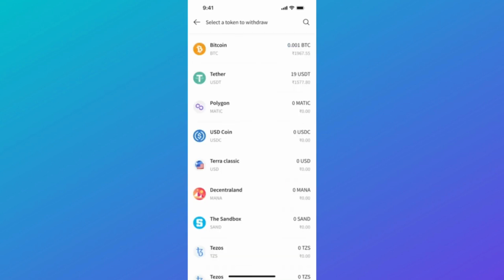Now over here you got to select the network. For example, in our case we're doing Solana, so you got to search for the Solana token, and then you got to select the amount you wish to withdraw to Phantom Wallet. And with that, you also got to paste that wallet address of Phantom that you previously copied from Phantom Wallet. And once you paste that, you can hit send, and that is how you can transfer your Solana from Coindcx